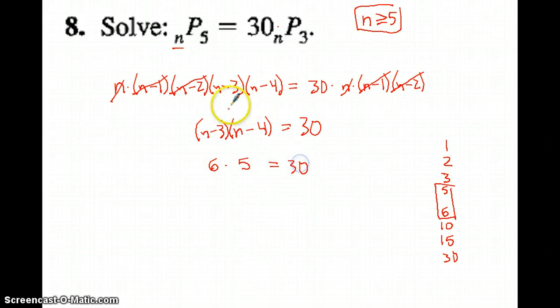Okay, great. So what does that mean? Well, I know n minus 3 has to be 6 and n minus 4 has to be 5. Either one of those you solve, you get the same thing. If n minus 3 is 6, then n better be 9. And you could check that. I would advise checking this because there's a couple guessy kind of